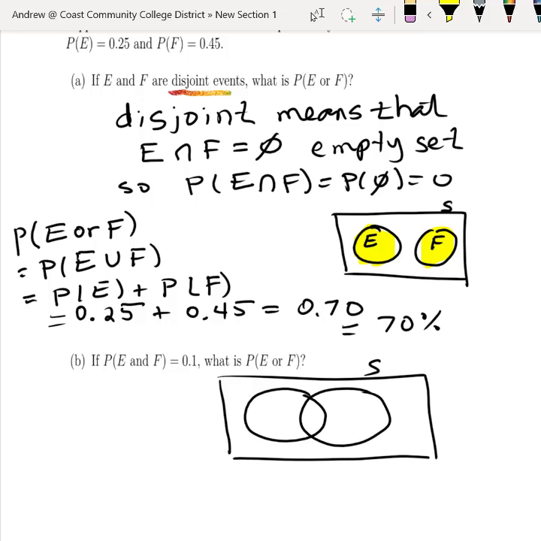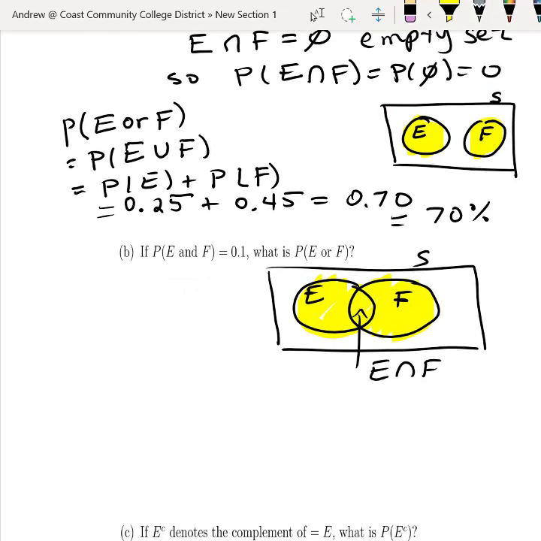So if this is S, here's E and here's F, and then right here is E intersection F. Now, still what we're going to do is find the area of this union, and what we're going to use is the general sum rule, which says